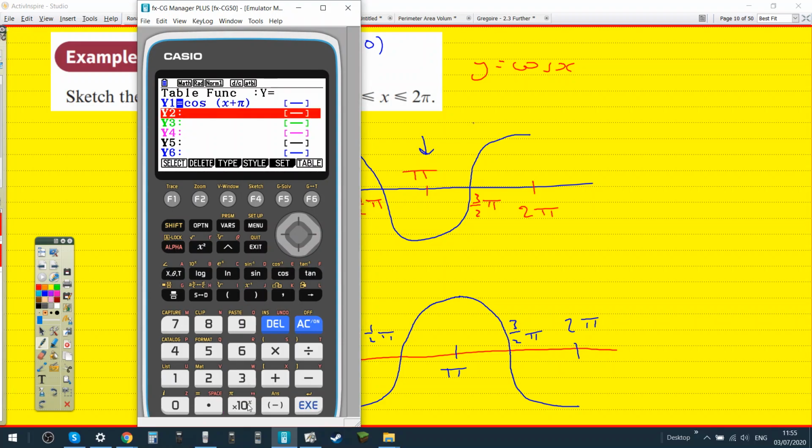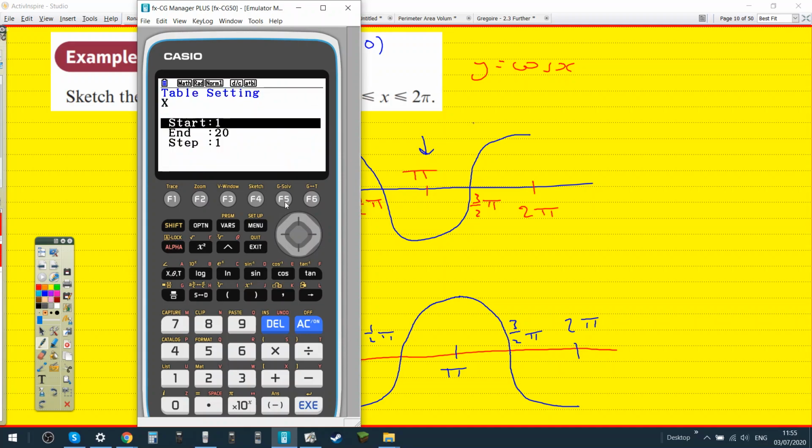That's my function, and we can set it to start from 0, end at 2 pi, like they said, and let's say we go up in steps of a half pi. So 0.5 shift pi,